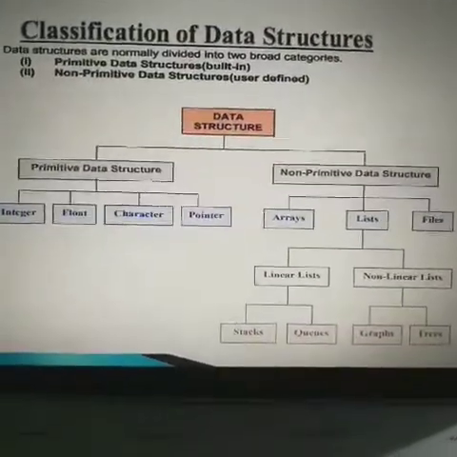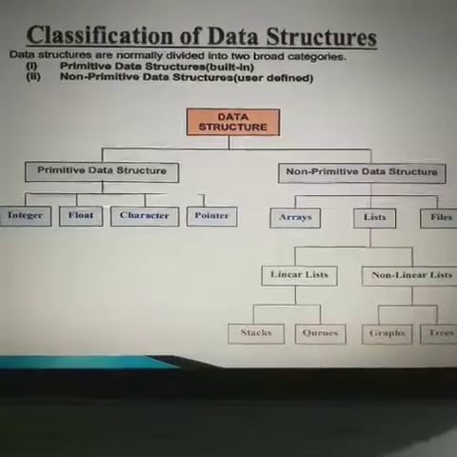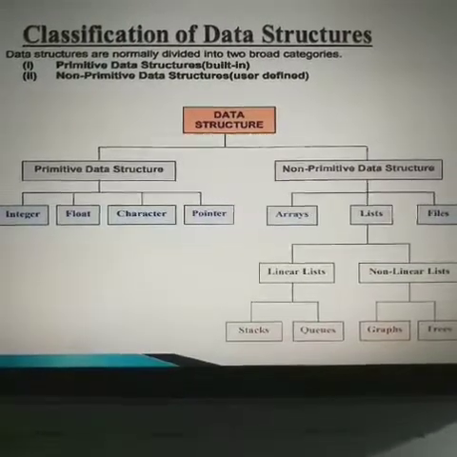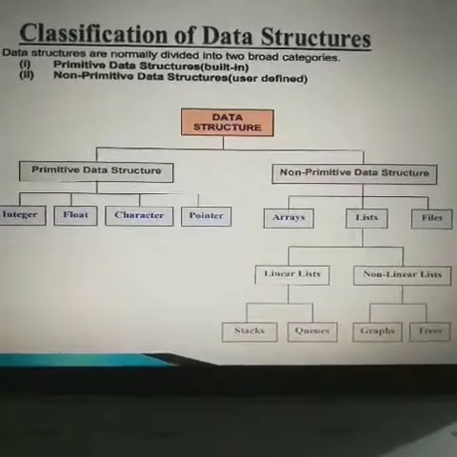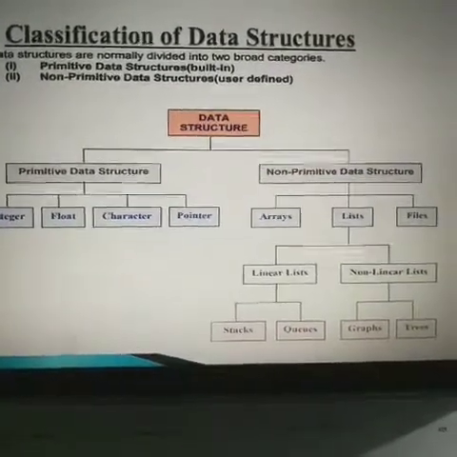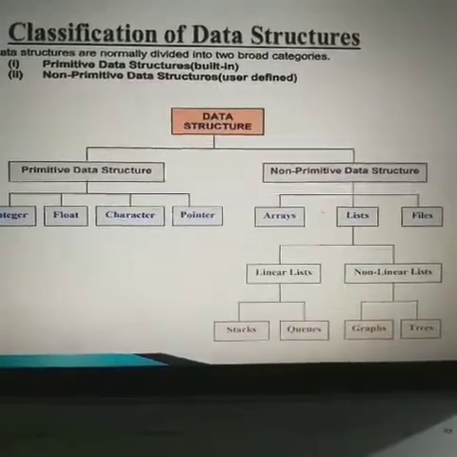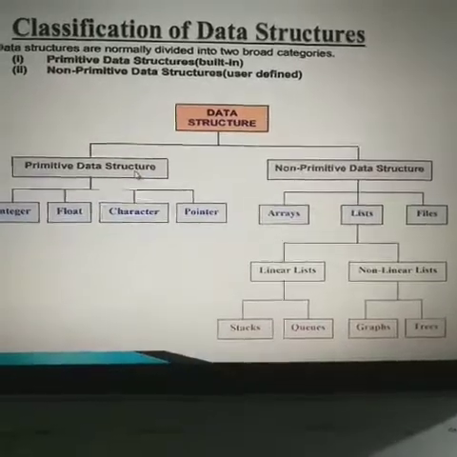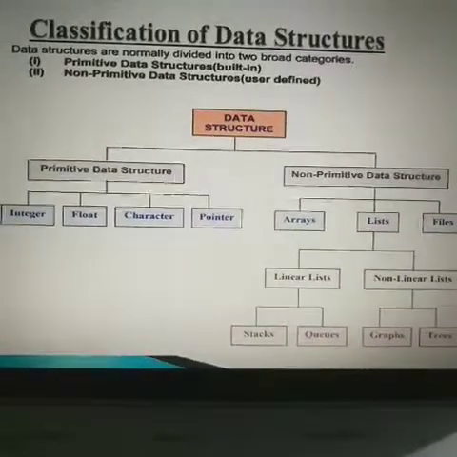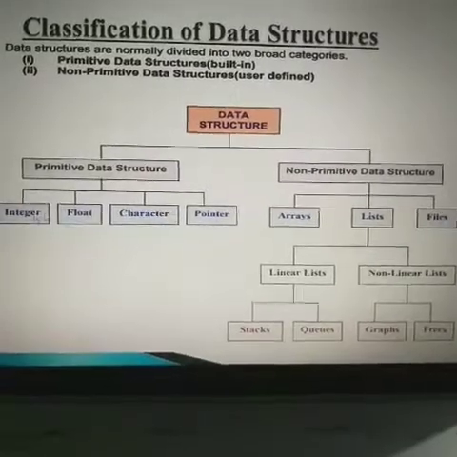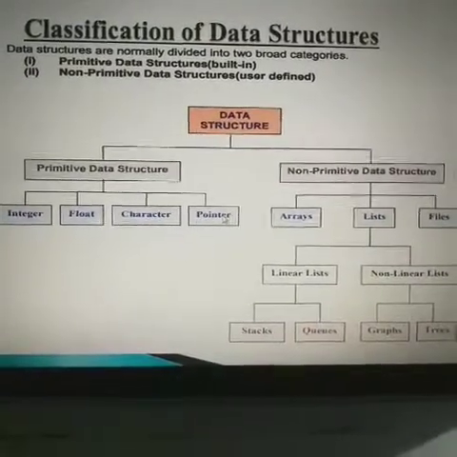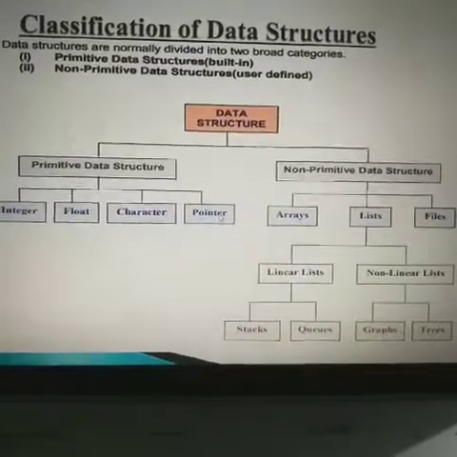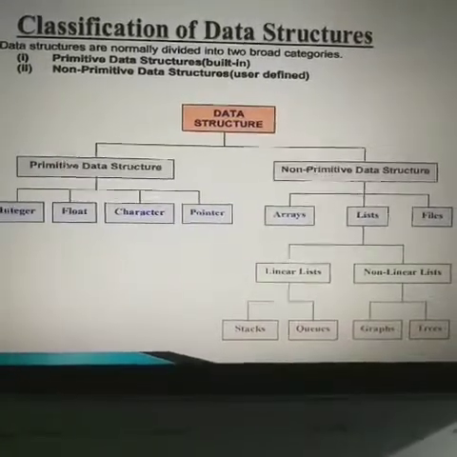In the previous lecture of data structure, we discussed the definition of data structure, and we discussed the types of data structure, that are the primitive and the non-primitive. Primitive data structures or primitive types are the simple basic data types that include the integer, float, character, and the pointer, which we already discussed in the C programming classes or the PPS classes.